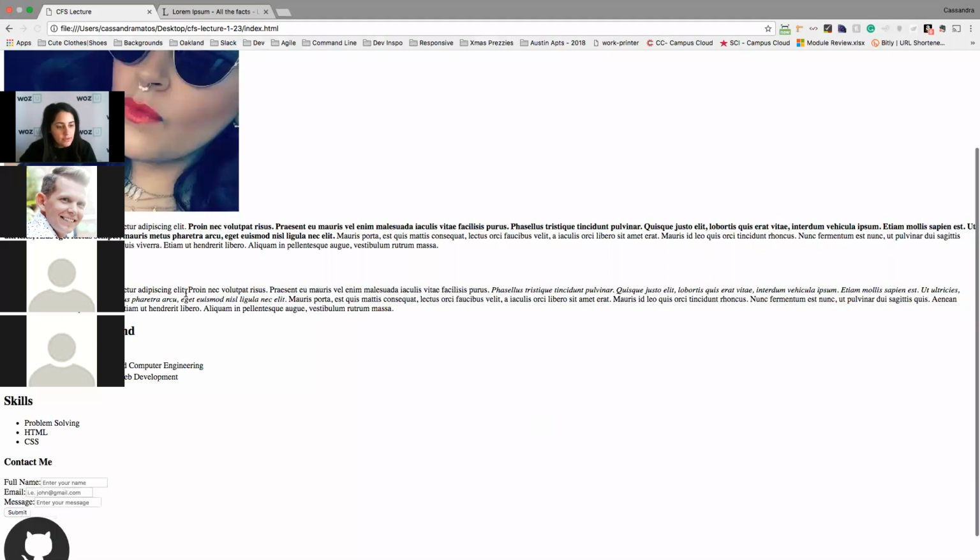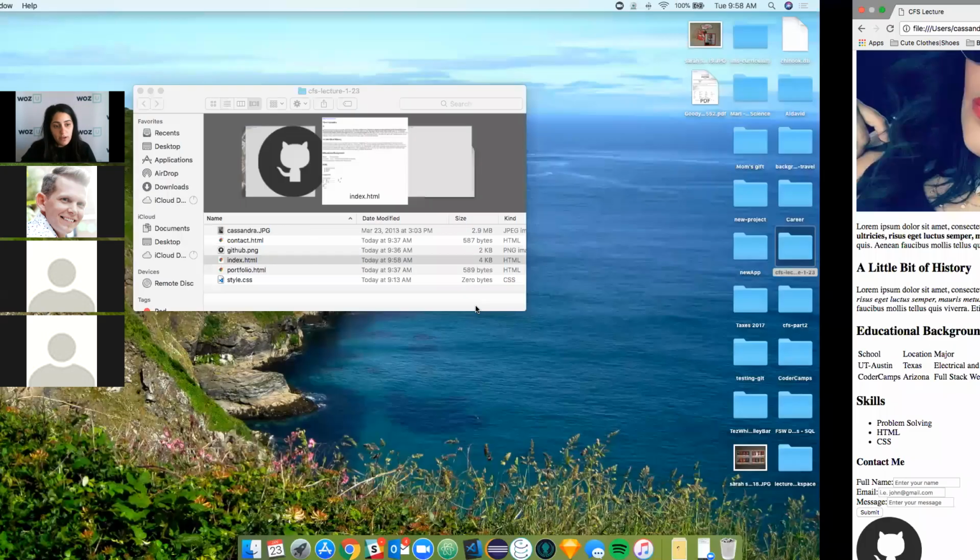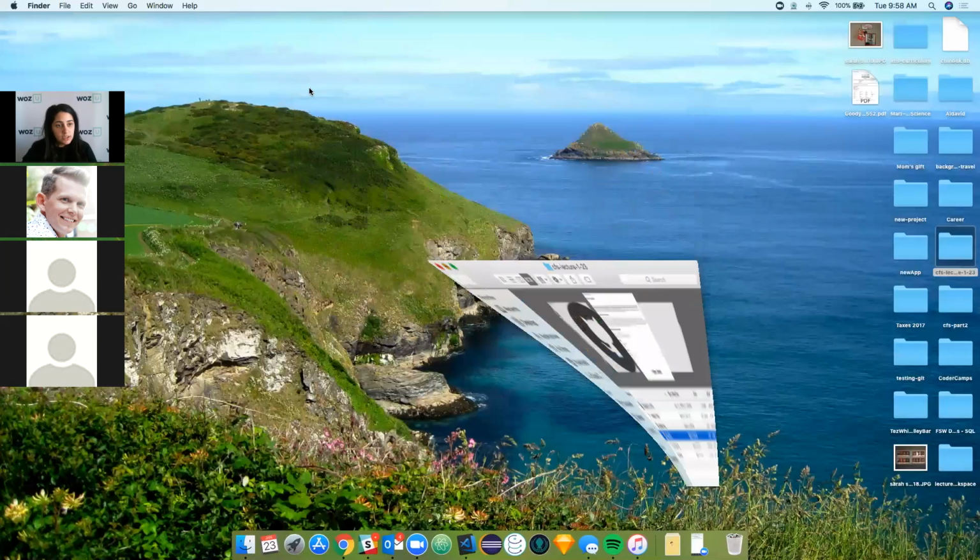All right, and then if we refresh that, there we have our little contact form here. So we can enter some text. All right, so that is a form. That's all I have for you on HTML. Before I jump into CSS, now this is a very broad overview on HTML. If you have any HTML questions, you're working through the curriculum, this is the time to ask it before I jump into CSS. So I will open up the floor to any questions.